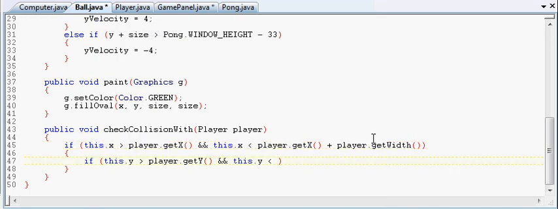But that's why we needed the width, so we could express mathematically what the top right of the ball is, what the front of the paddle was. And we need the width to be able to say that. And it's the same thing here. If the Y is lower than the top of the paddle, but it's higher than the bottom of the paddle. And that's the same thing. We can say player